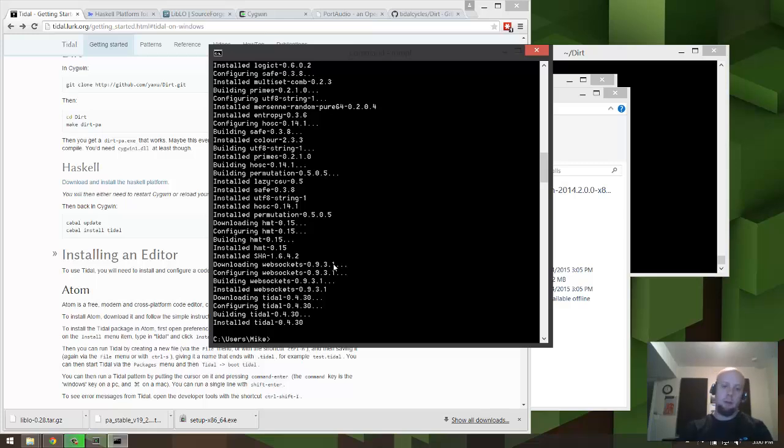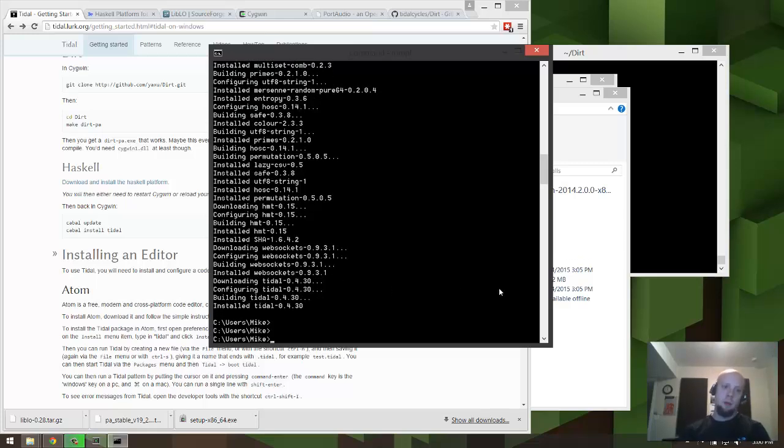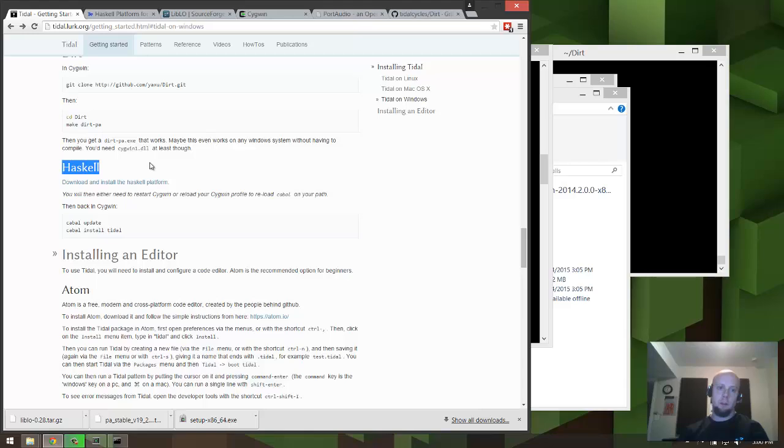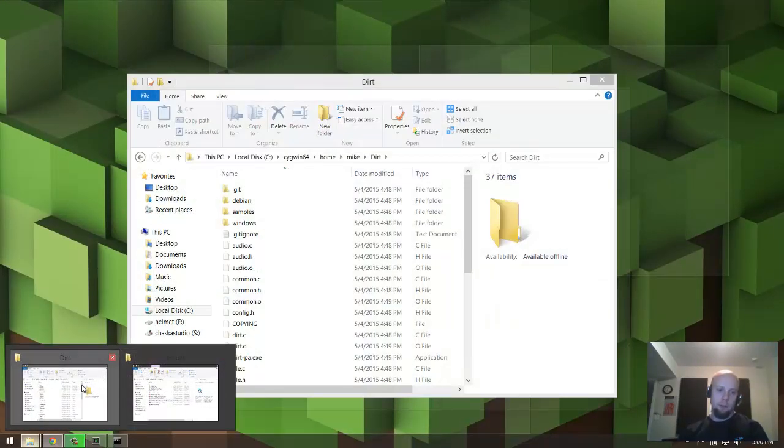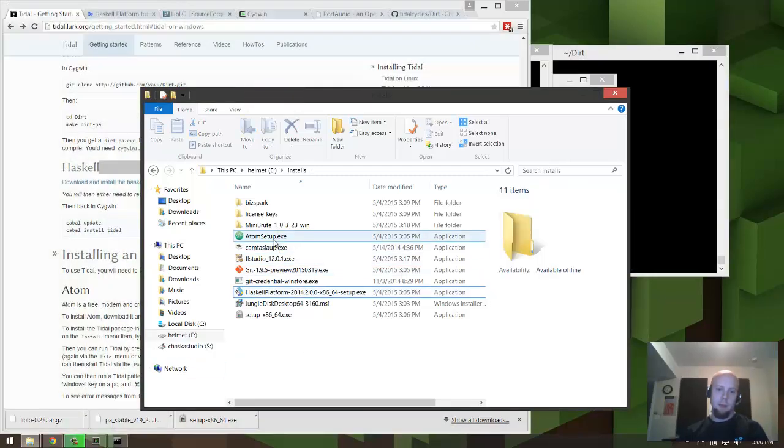Okay, so Tidal has been installed. Great. Okay, so we were done with the Haskell portion of the install. Now we can run Atom. So I've already installed Atom. So I lied a little bit about not having anything installed. So if you go to